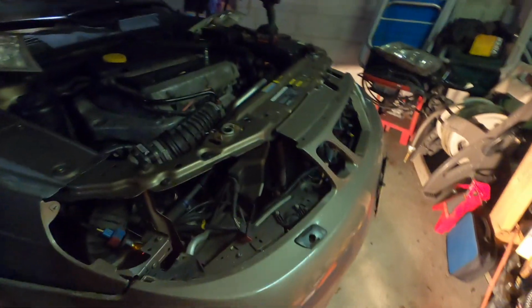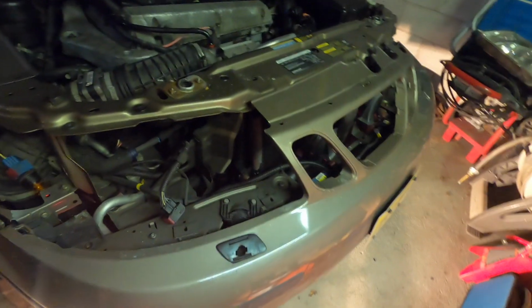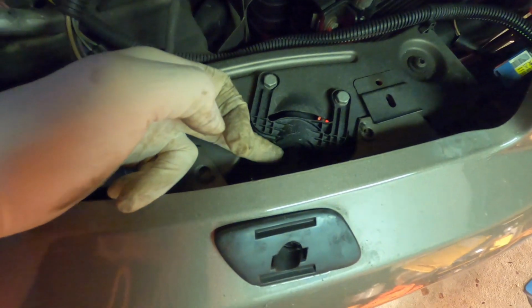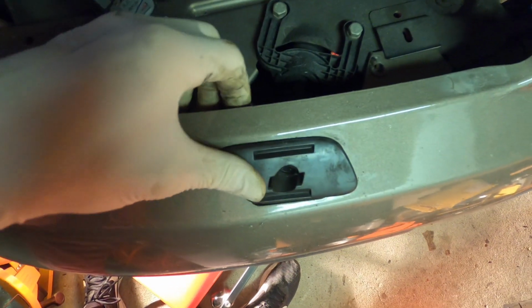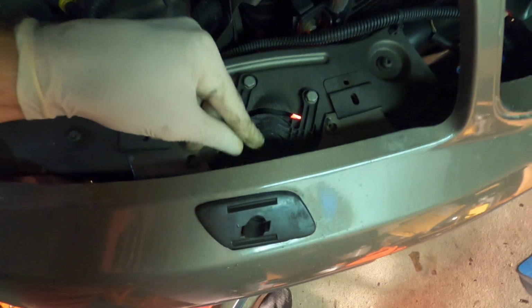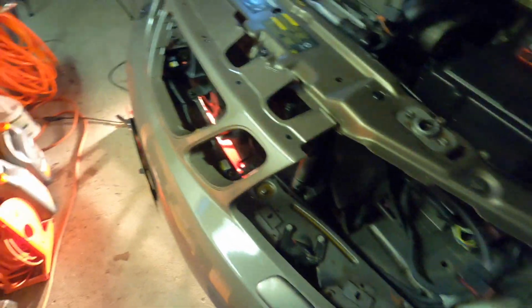Alright guys, so we are just about to remove the bumper. As you can see, we got everything taken out. One thing to let you guys know is there's a quick disconnect right here on these windshield washers. So you just kind of go in here and press this out, and it will disconnect. So both sides. So that's the last thing I need to do here, and this bumper will fall right out,